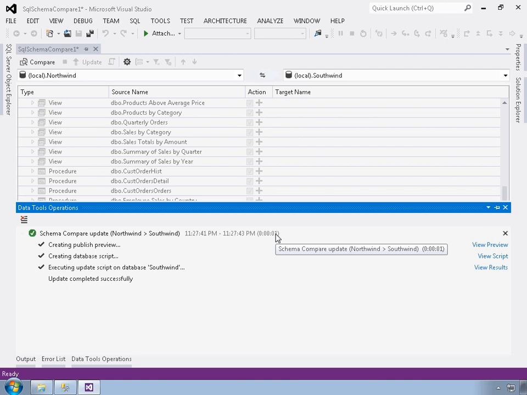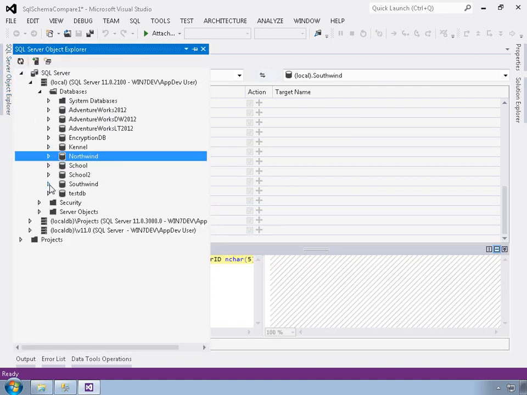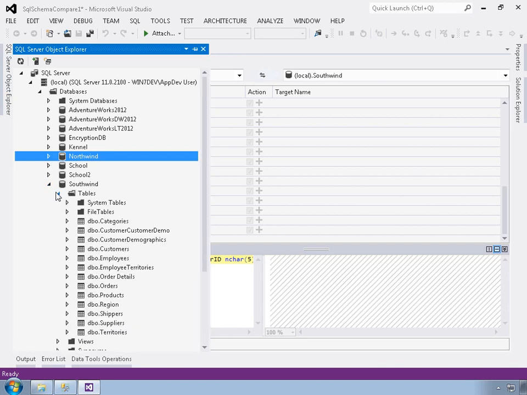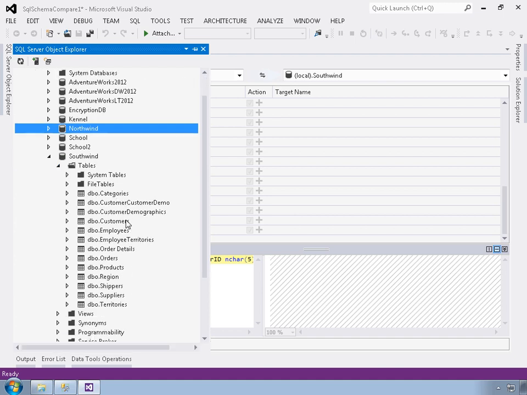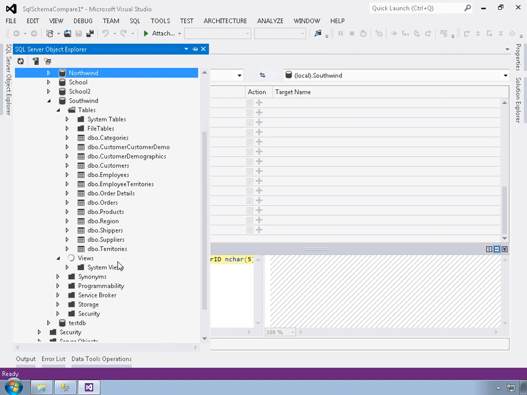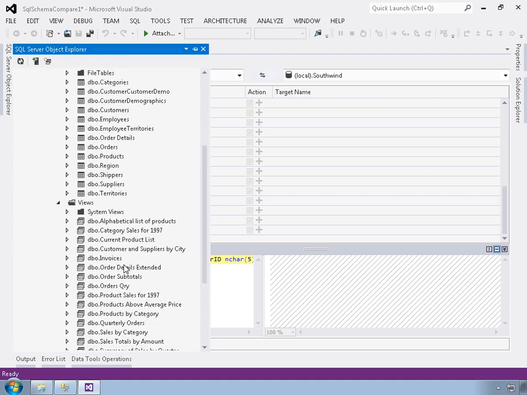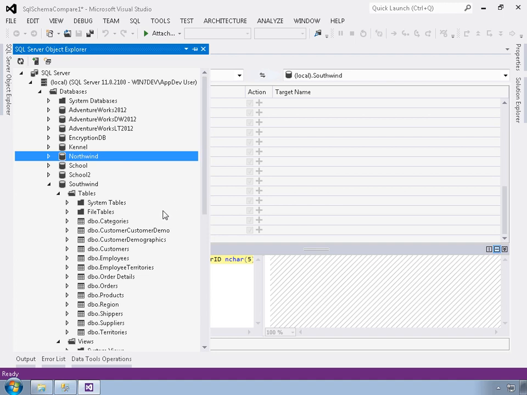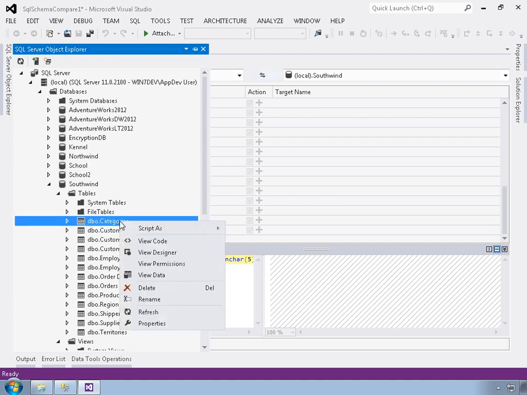And once again, we get the Data Tool Operations window. That indicates that we successfully created the database script and then executed the script on the database Southwind. Now I can go back into Object Explorer and take a look at Southwind and see that, in fact, we do have all of the Northwind tables, all of the Northwind views once it refreshes, and can continue to scroll down and look at all of the various objects. But it's important to understand that if I come back up here to tables and I right-click on categories, for example, and view data,